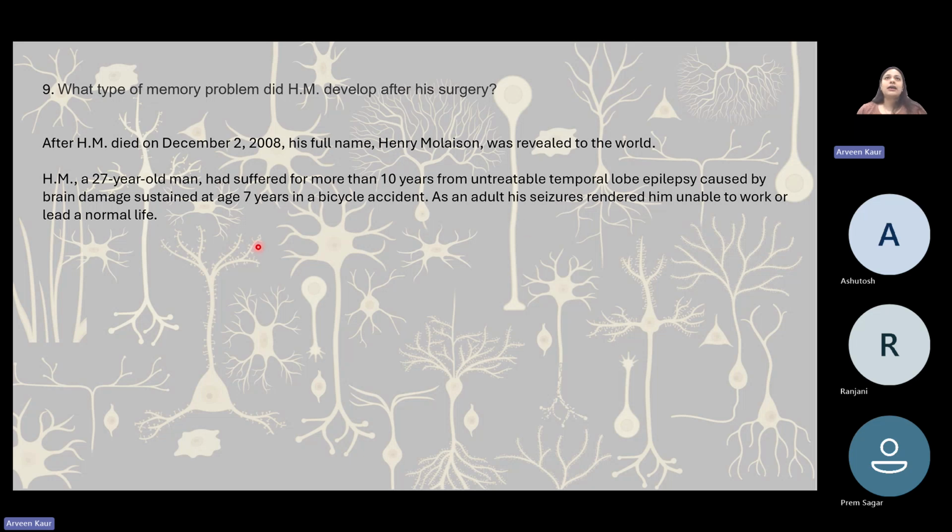So, as is the case in many of these epileptic patients, right? Some of them get mild seizures, which do not really interfere that much with their day-to-day life, but sometimes the seizures are very frequent and very spasmodic, and it might really hinder your day-to-day life, and it might render you bedridden also at times. So that was the case for this particular patient, HM, right?